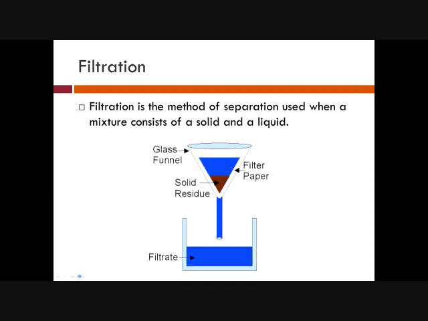So we use funnels and filter paper to collect just the solid residue and have the liquid come out. It's called filtrate. When we do this, we did this in Chem 1, right? At one point, we had to let the paper dry overnight and then weigh it again. And if you had a greenish tint to it, you didn't